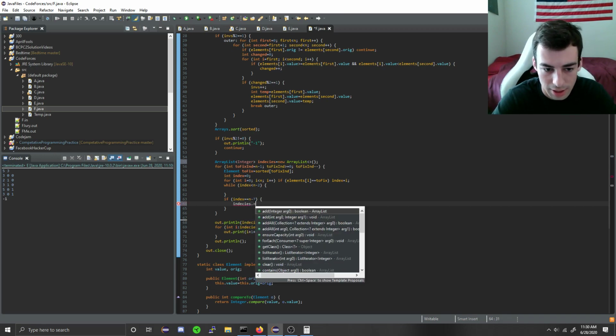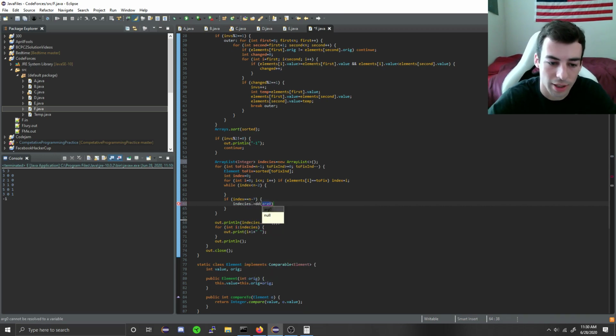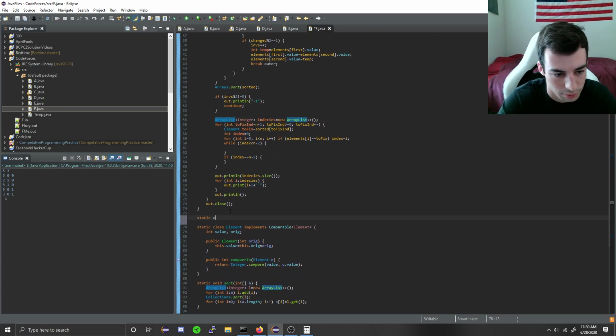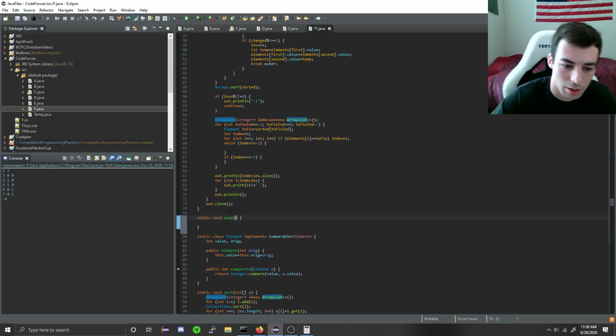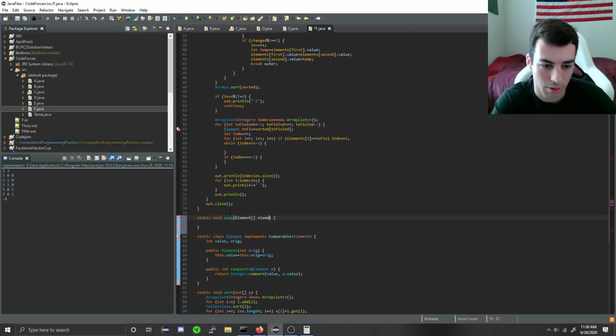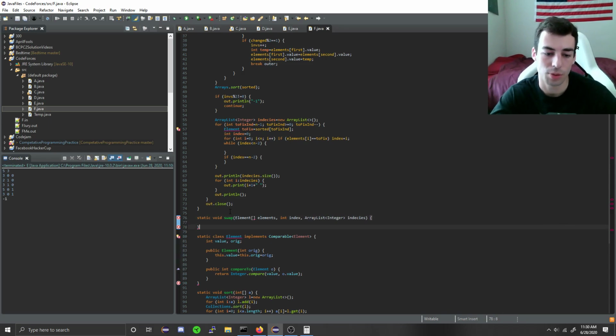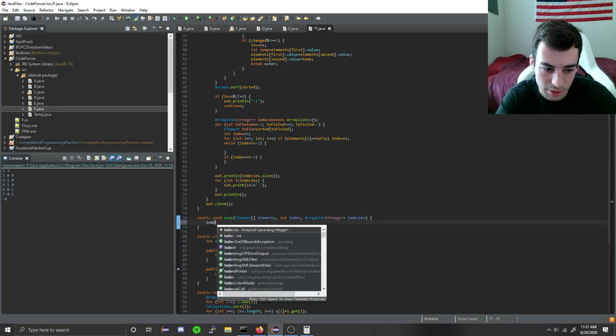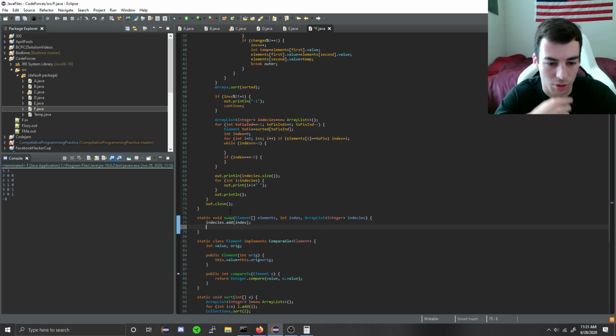indices dot add. Well, I guess let's just do a swap, huh? Static void swap element array elements int index. So we have all of the things we need here to swap, and now we can do this. So indices dot add index. Let's keep track of it so we can print it at the end. And now int temp, well,